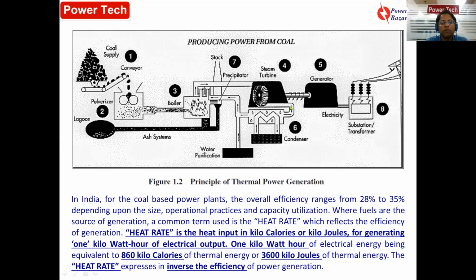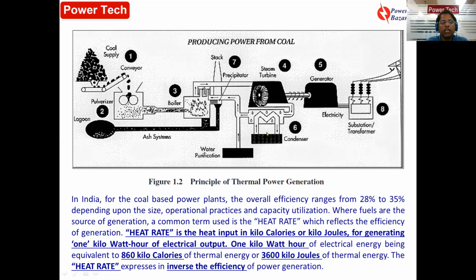The steam releases its heat to the cooling water circuit, and the hot water is again pumped by the boiler feed pump. It goes to the boiler, and some makeup water is always added, because there is some steam loss in the system. This is the boiler makeup, demineralized water, which is used in the boiler.